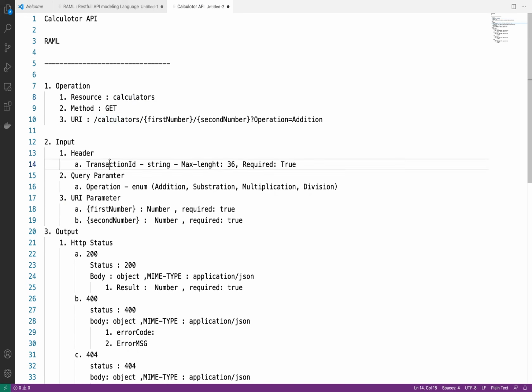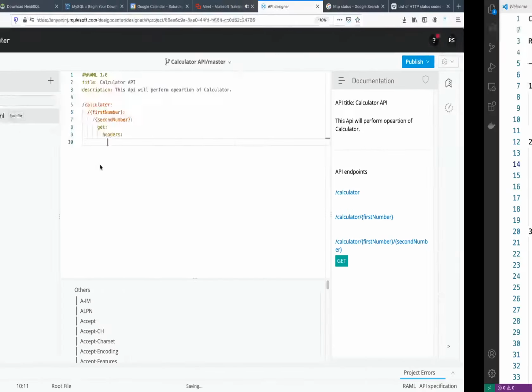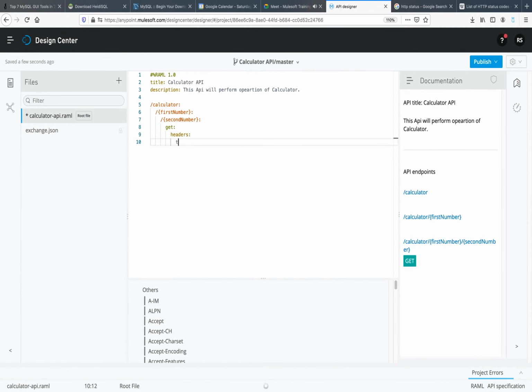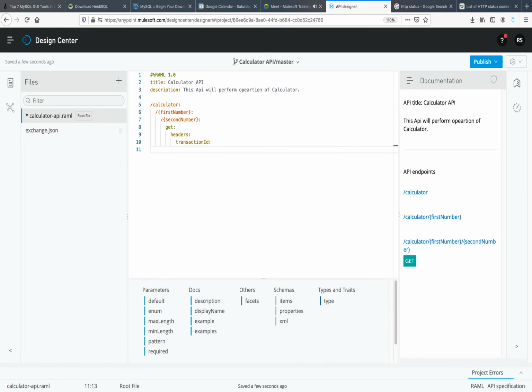I want to pass this transaction ID. So whenever you give the name of your header, it should follow camel case. Okay, so I will type here header will be transactionID. Okay, then we will define details about this transaction ID.